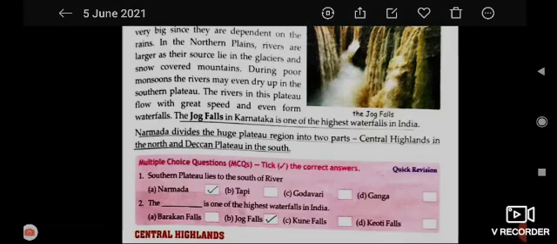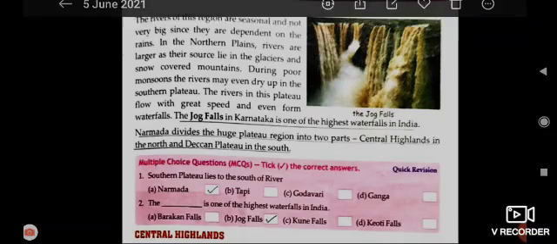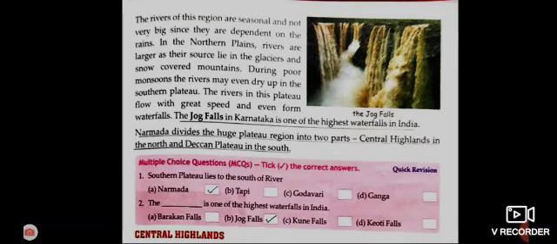During a poor monsoon, the rivers may even dry up in the Southern Plateau. When there are less rains, the rivers dry up. And the rivers in this plateau flow with great speed and even form waterfalls.